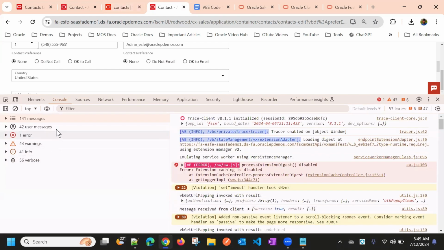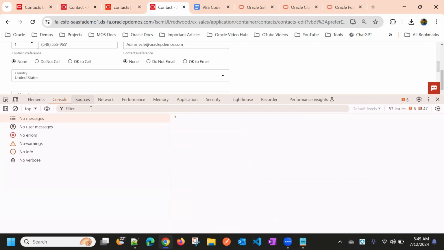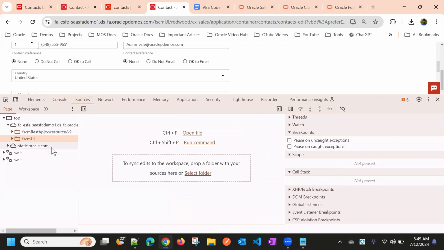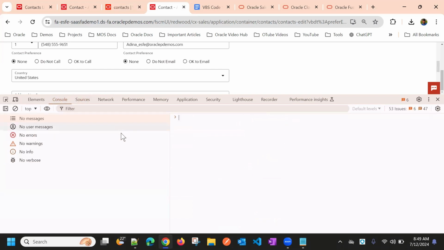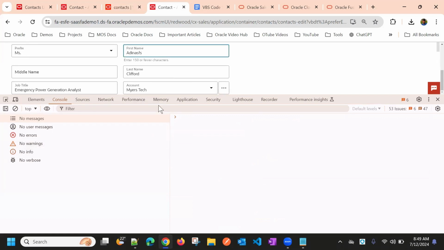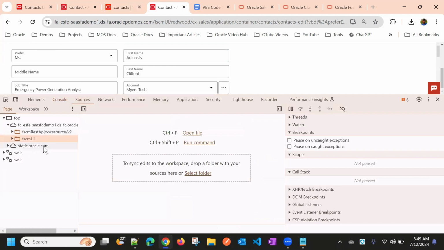Now, if you want to debug code line by line, basically you can go to the sources, or the easiest way is, if you go to sources and expand this FSM UI,